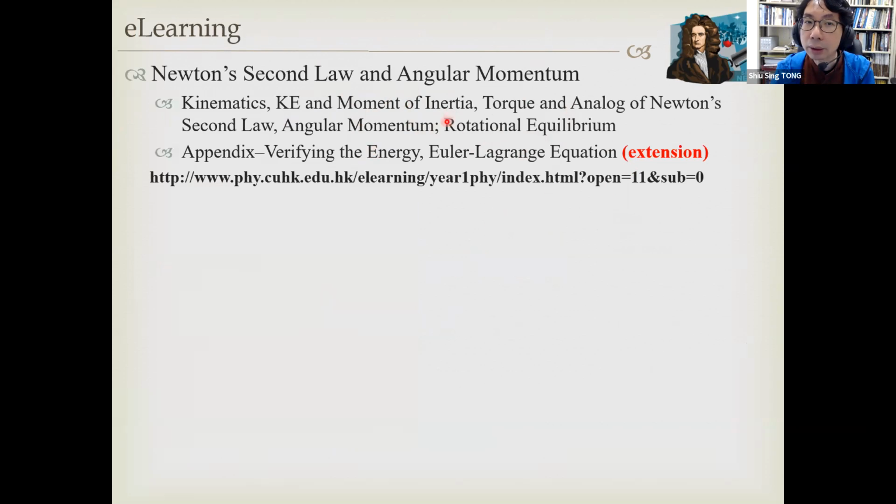Now this is Newton's second law with angular momentum. You can find an extension part on the Lagrangian equation here in this e-learning. Okay. If you are interested, you can take a look at it. Now we better take